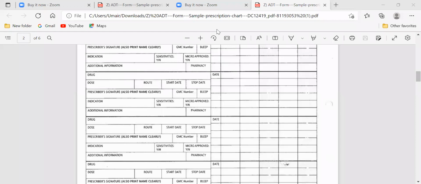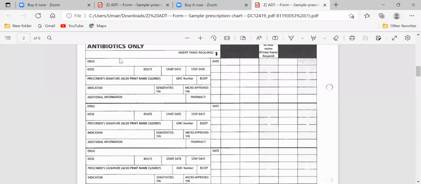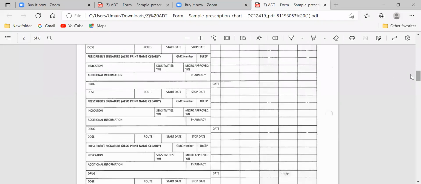This is the whole third scenario, MRSA wound infection. So your task there: write down the vancomycin in both sections because it's for the 10 days. Write down here as well. Dose will be 1 gram, route will be IV, start date and stop date the same. Start date is from 7th May, for example, and stop date will be 16th May. So fill those columns from 7 to 16 here and write down your name and signature and